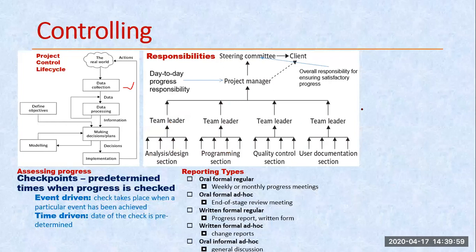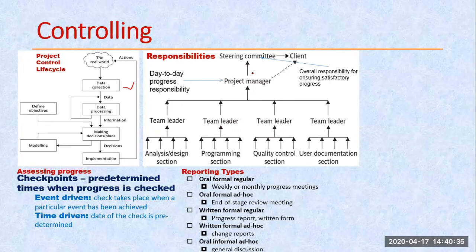Then there are many team leaders that are reporting to the project manager, and the project manager is sending the direction to all these team members as per their assignments. Here the project manager needs to assemble the information that is coming from here, but the direction that is coming needs to be distributed as per their contribution. So that is the responsibility of the project manager. So it actually shows me, as per the responsibility, how this information keeps on flowing. Okay, and this is the way they are controlling.